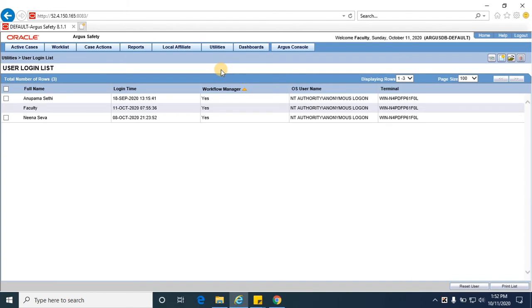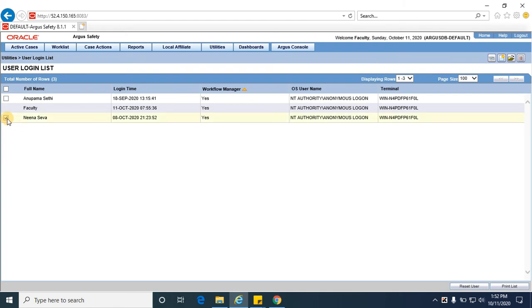The user missed logging out on 1st October, and that would be available in this particular section. In that case, if the user who is logged in is not available on a particular day, the admin user can reset the user.